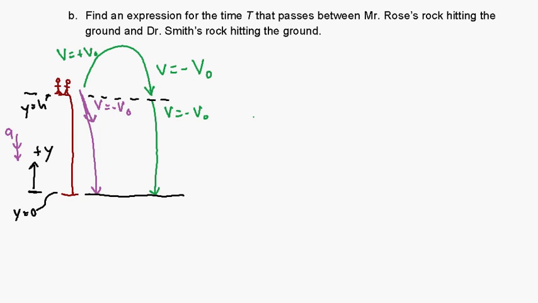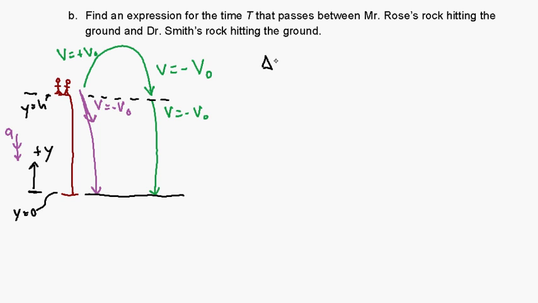Okay, so continuing our exploration of problem 5, 5b: find an expression for the time t that passes between Mr. Rose's rock hitting the ground and Dr. Smith's rock hitting the ground. So, the equation that applies here, since you were trying to find time, is